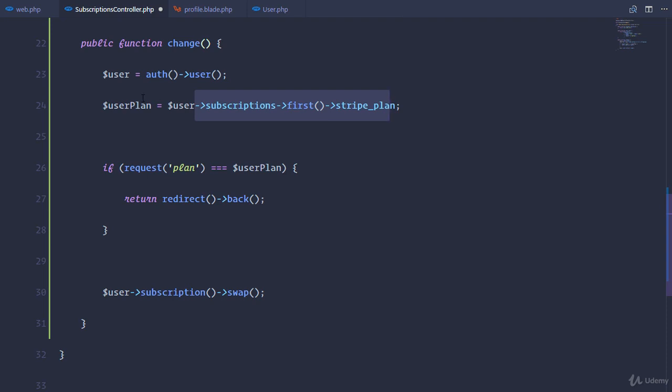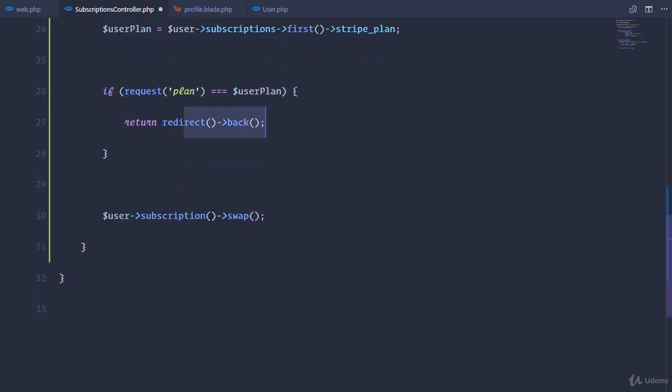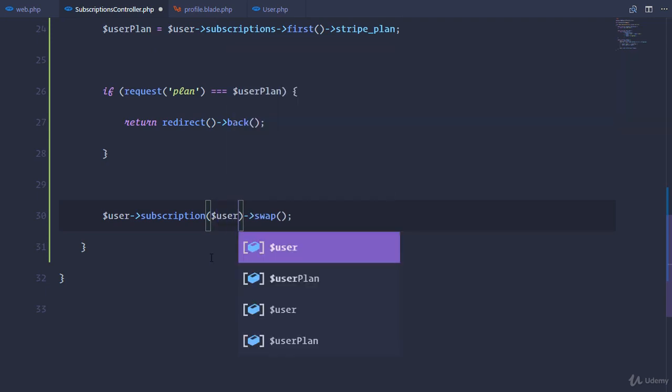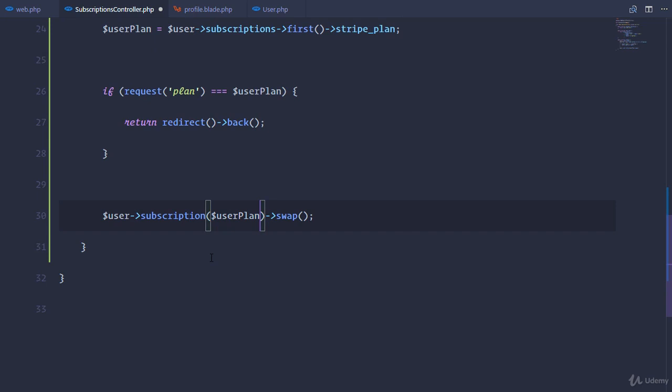So if the plan that the user is on is the same as the plan that we are getting from our view, then we're going to redirect the user back. Then this subscription right here takes in the name of the plan. So we'll pass in the user plan, and then we're going to swap it for the new plan that we are getting